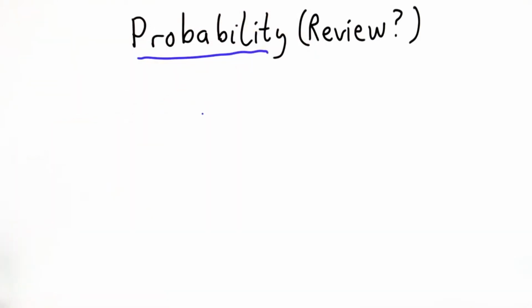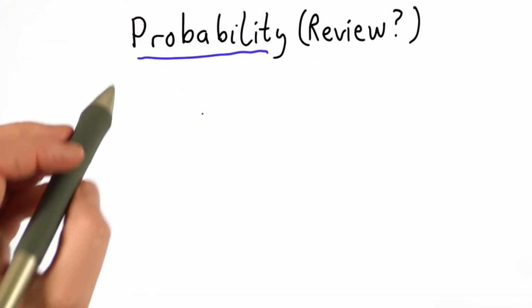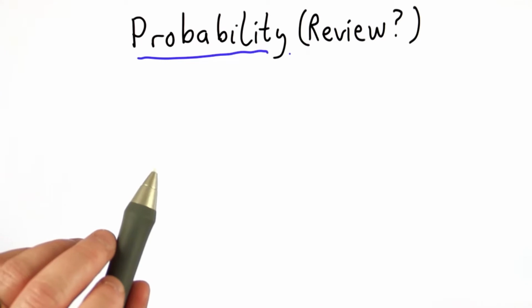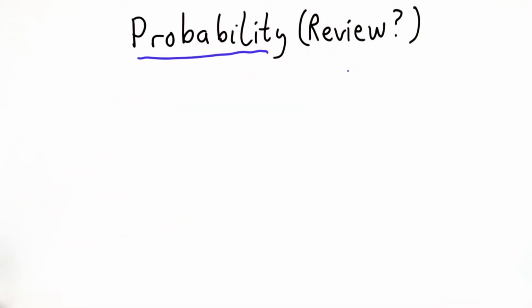Before getting onto the proof that the one-time pad is secure, I want to do a brief review of probability. If you feel very confident that you understand probability well, it's fine to skip this section. But I think for many students it will be helpful to review probability, and for some this will be new. It's not necessary to have a lot of background in probability entering this class, but we will certainly be using